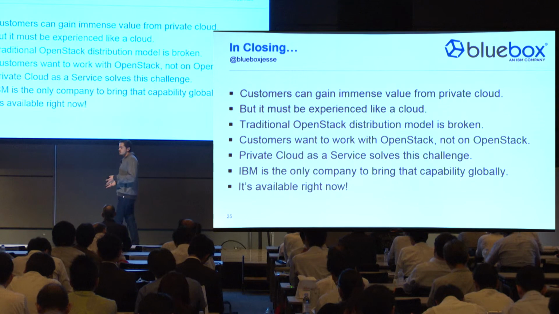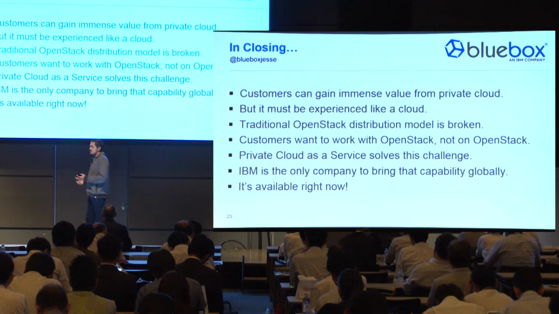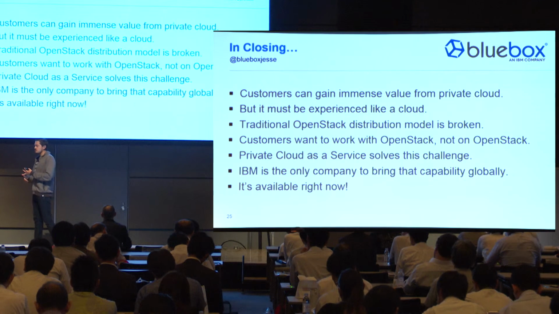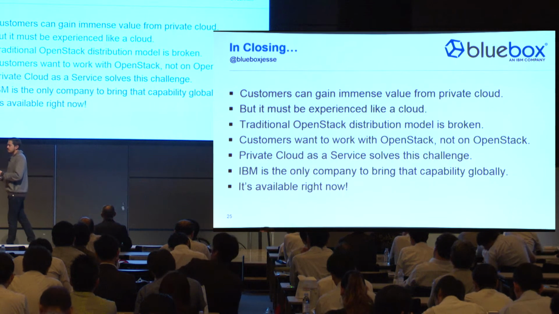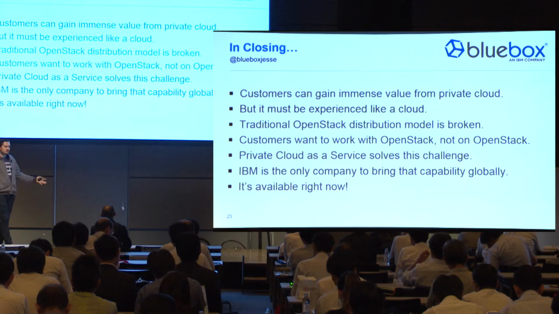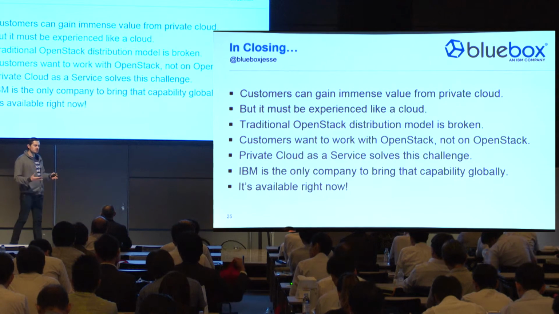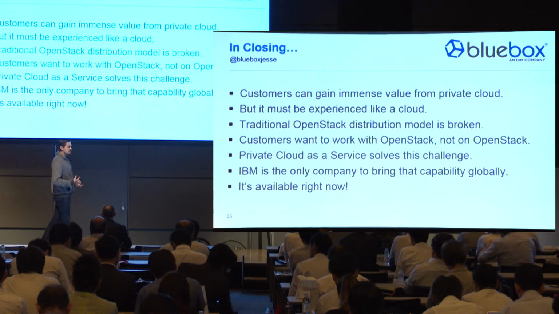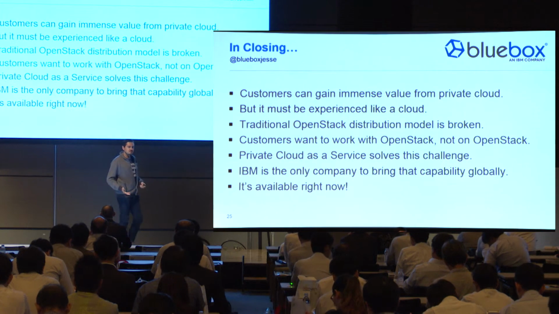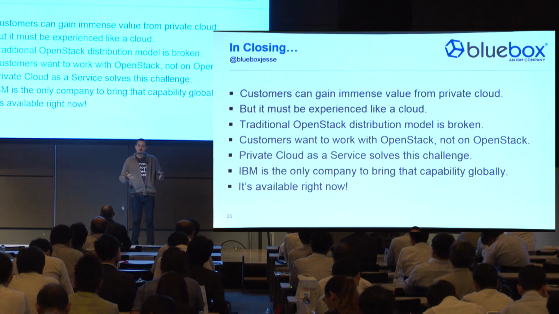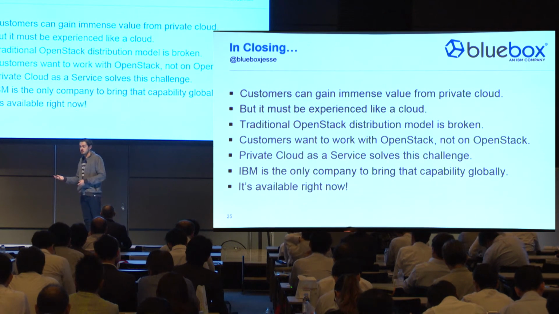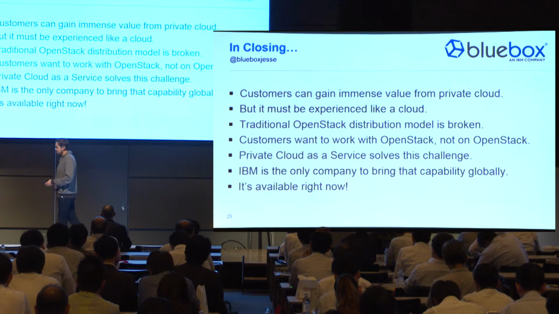IBM is the only company globally that is able to do this. So you can take IBM's footprint with SoftLayer, their experience with enterprise requirements, their commitment to an open cloud and open technologies, and combine those all together, and we've got a very differentiated story that I am very attracted to and think will have tremendous success in the years to come. And lastly, Blue Box is available right now. So with the announcement last week, customers can go and purchase these installations in the Japan data center from SoftLayer.